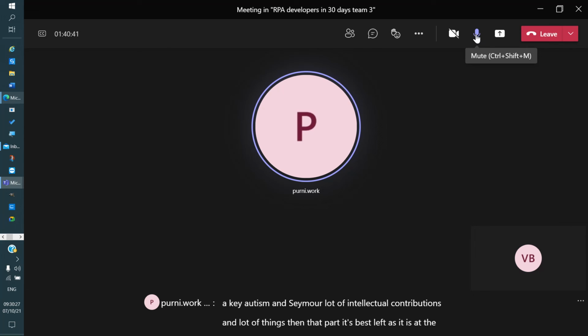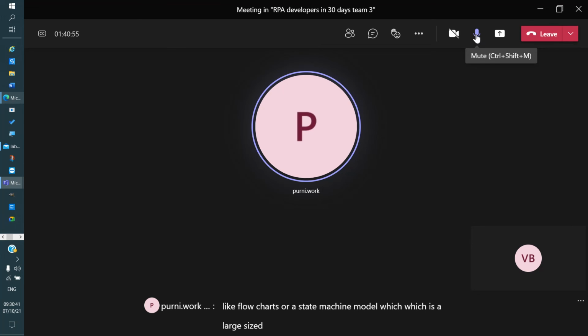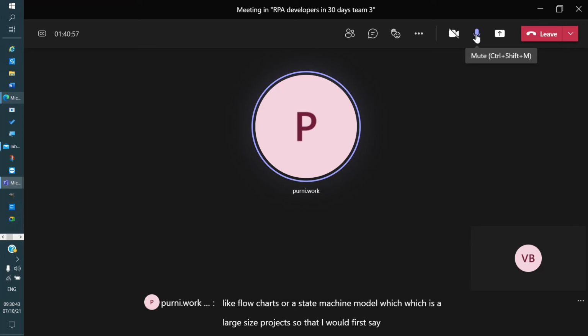We can focus more on the simpler parts, which are either sequential or a simpler decision making, like flowcharts or a state machine model, which is a large size project. So I would first segregate that, whether it's automatable, semi-automatable, or fully automatable. So that part is something that we need to consider first.